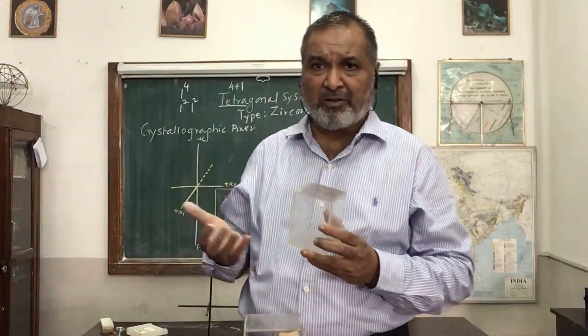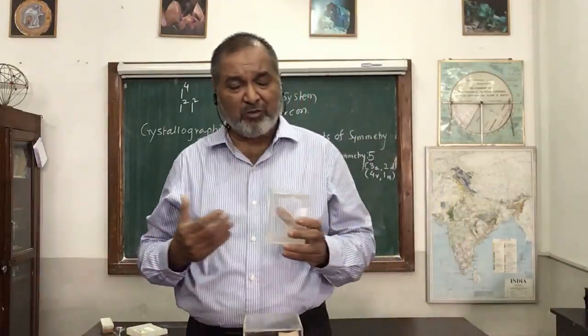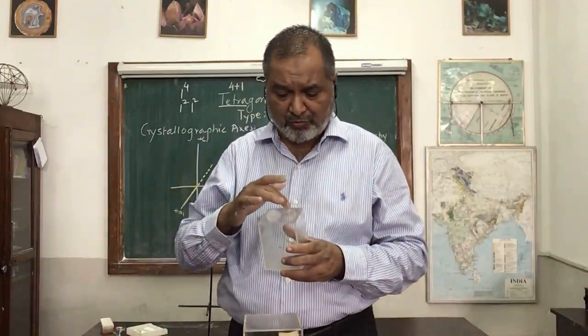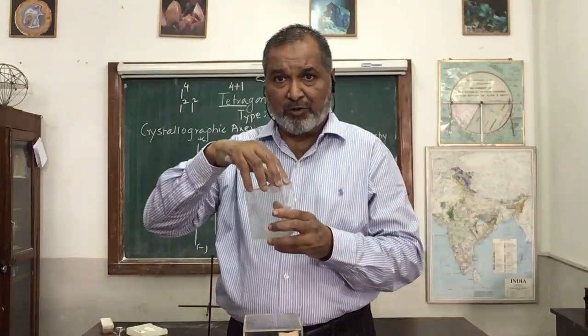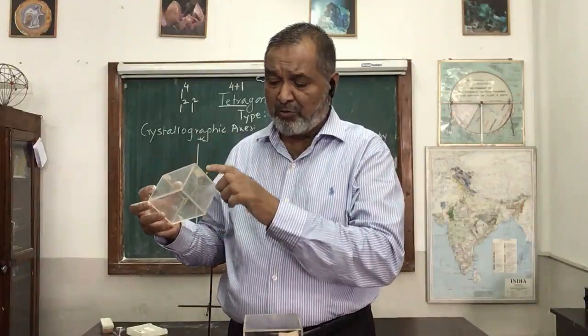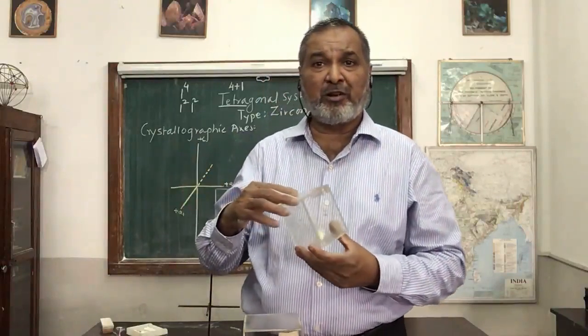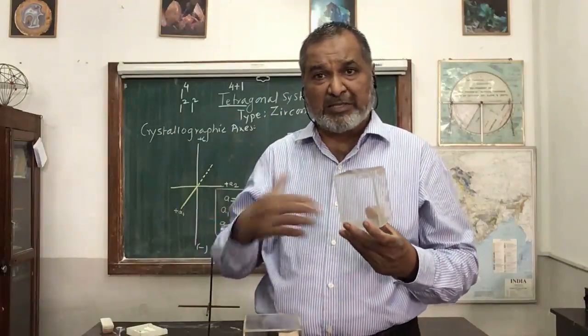After this one, what is remaining is edges. There are 2 pairs of edges. 1, 2, 3, 4. They are the same one. Horizontal on the top. Similarly 1, 2, 3, 4. 4 horizontal edges are equal, same. So there will be 8 lines. So if you join the 8 edges, we will get 4 lines.